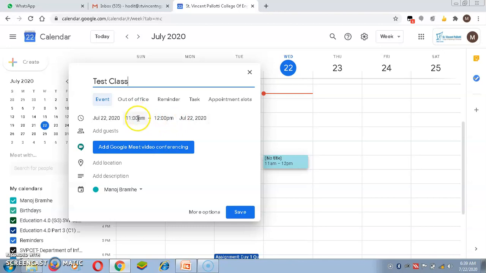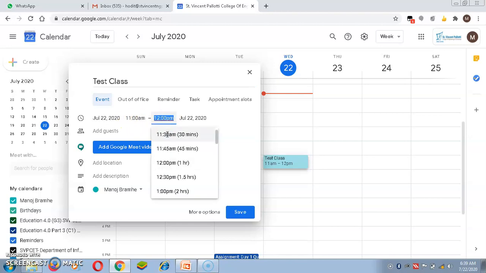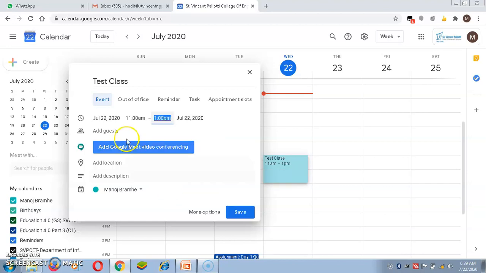Now here Google Meet allows you to have many hours of continuous live classes. In the free version of Zoom, you can have a maximum class time of 40 minutes, and in normal Google Meet, it is 1 hour. If you are a G Suite user, then you get unlimited time. So here I can extend my time for 30 minutes, 45 minutes, 1 hour. Suppose I want to conduct the class for 2 hours, then I can arrange for 2 hours.